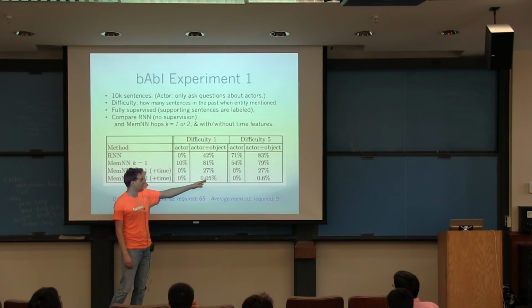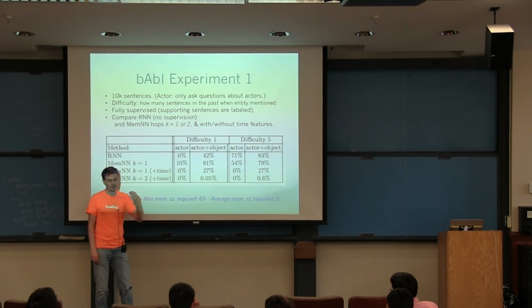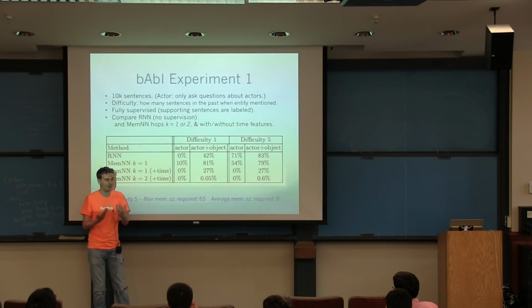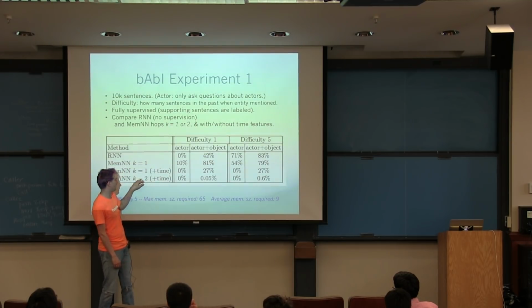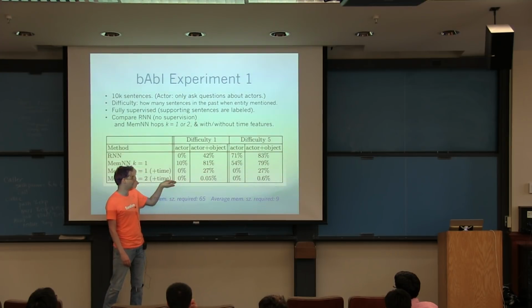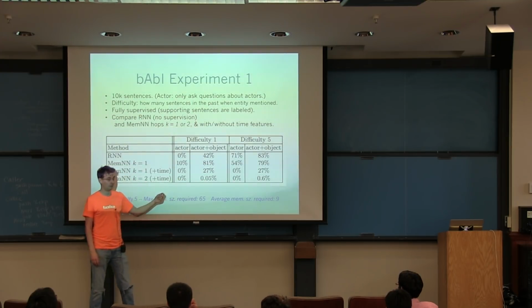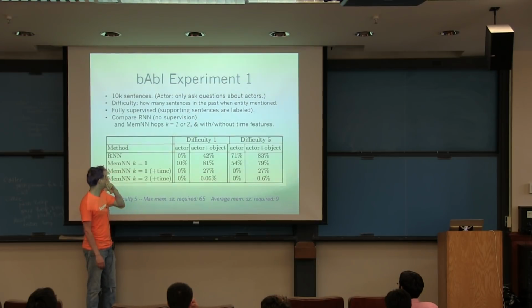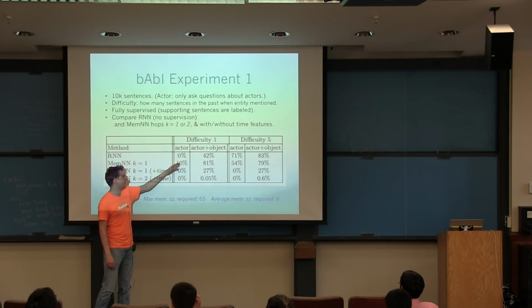On the actor plus object task, you need 2 supporting facts. By design, we built it that way. So without k equals 2, you don't get everything right. With k equals 2 and the time features, it can answer these questions correctly. And with only k equals 1, it can only solve the first task as long as it has the